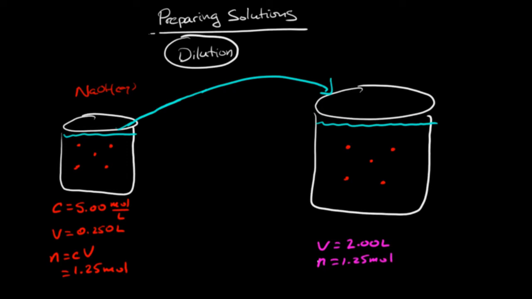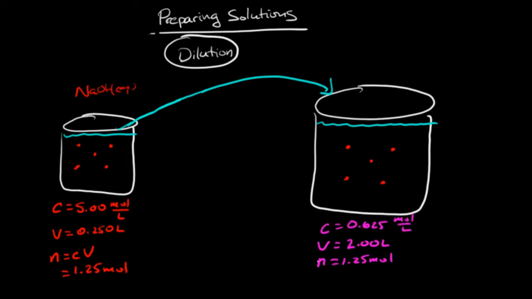What will change is the concentration of the new solution. If we keep the same number of moles, but increase the volume, it makes sense that the concentration would have to decrease. So if we took a look here and we solved for the new concentration, which is number of moles divided by volume, the new concentration would be the 1.25 moles divided by 2 liters. That would leave us with 0.625